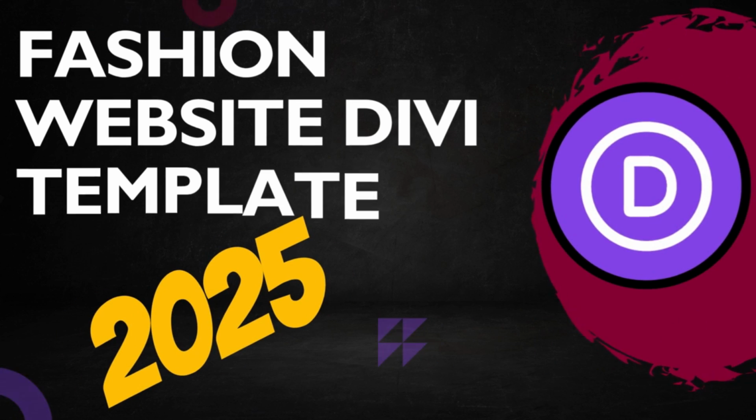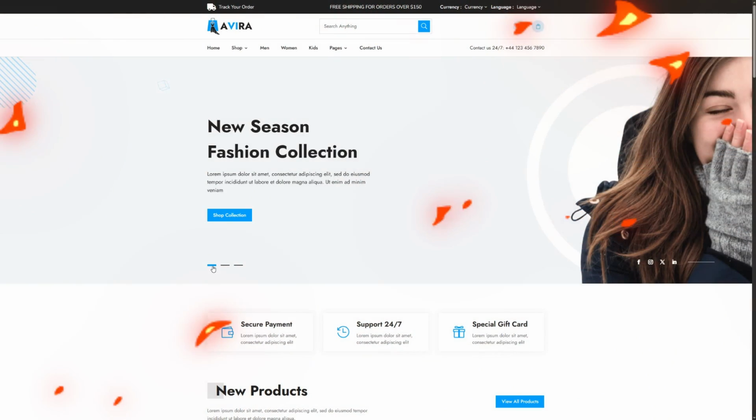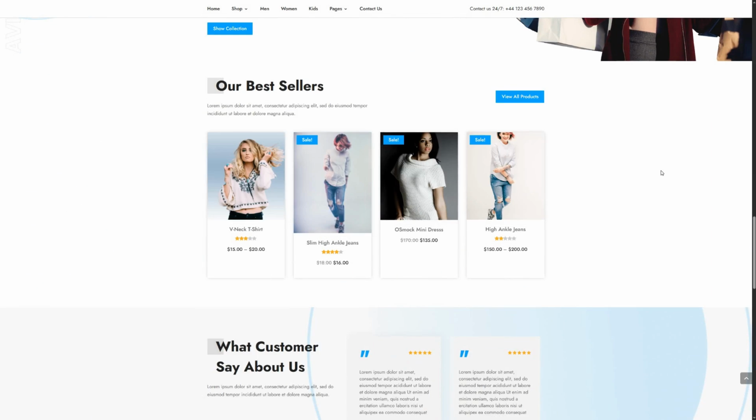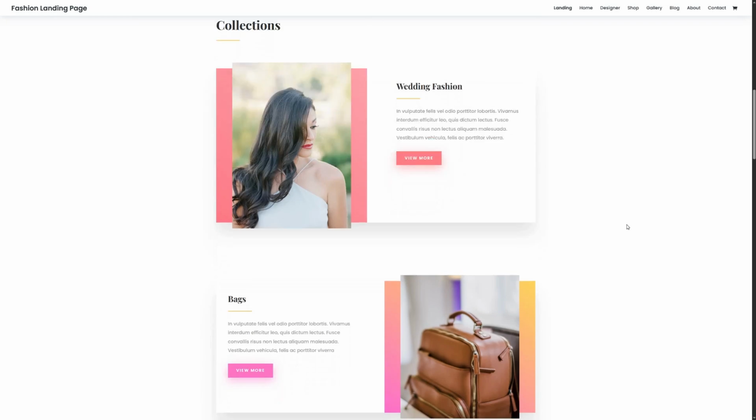Fashion Website Templates with Divi. We'll explore two impressive options, one premium and one free, that you can use to elevate your fashion brand's online